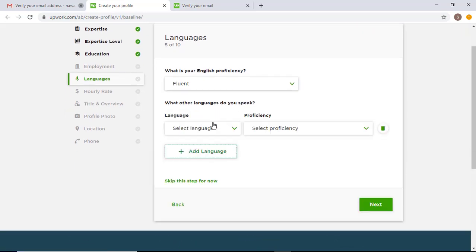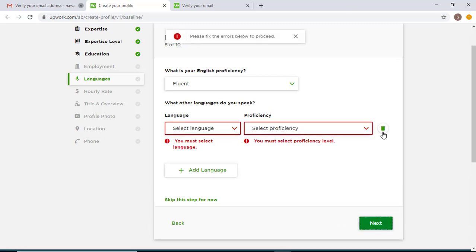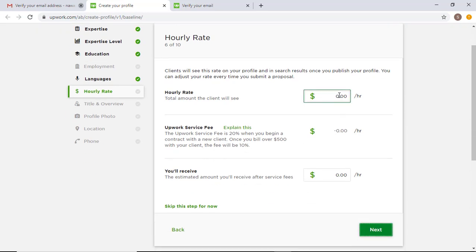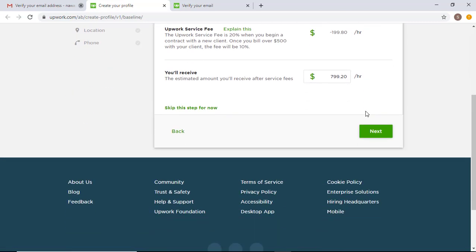What is your English proficiency? Select it to fluent. If you want to add any other language, you can add it here. Just click next. Add your hourly rate. Put it here